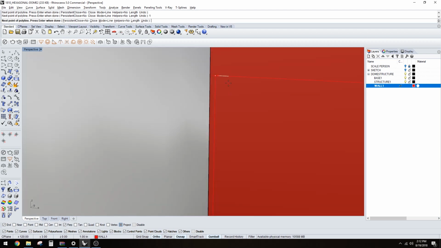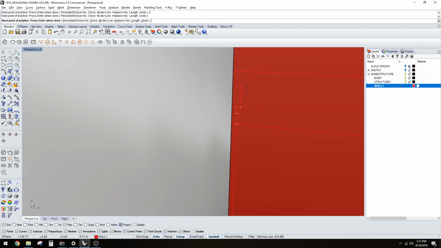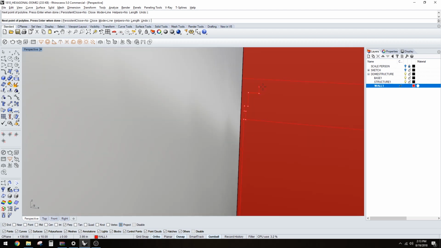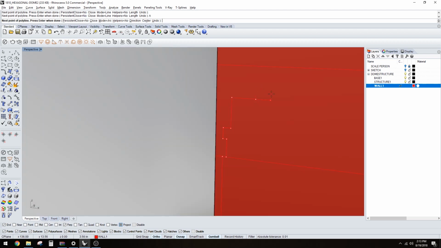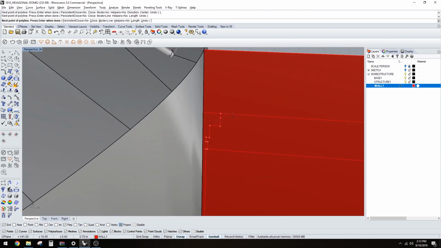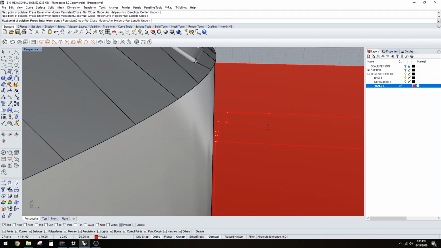We go over 1, up 5, over 1, up 3, over 1, or over 2, up 8, over 6, and then I do like an arch. Actually I can do that later, so let's just keep it with lines. A line here, and then we want to create the kind of overhang. Let's do like a 12-inch overhang, and up